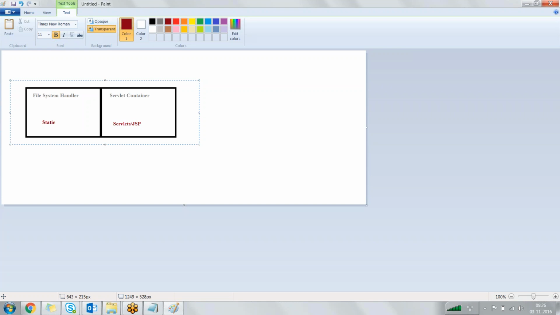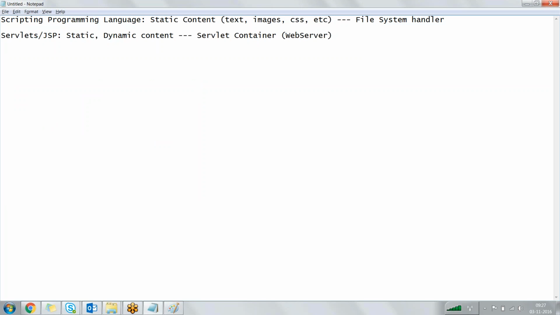So this means, Shiva, we're talking about a web server that has two containers: the web server with the servlet container. Before I continue explaining that, there's one small history we need to understand. Before the WebLogic or WebSphere or JBoss application servers matured into application servers, Tomcat was the one which was very popular.